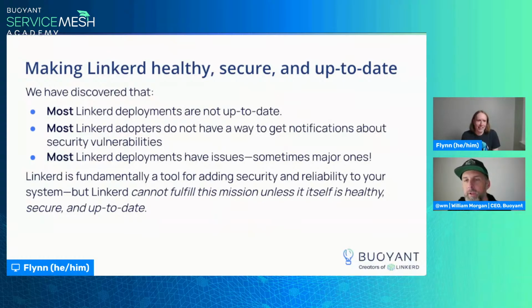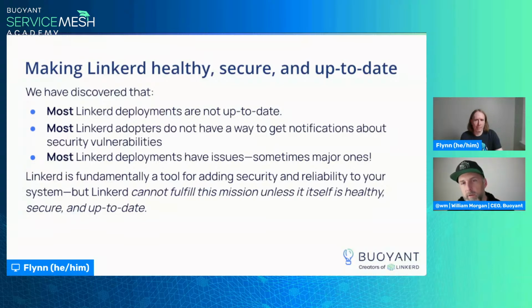There's no way, if we find a CVE or someone else finds a CVE, even if it's in some underlying library, we can tweet about it, we can make a blog post, but a lot of people just aren't like that. They don't have a mechanism. And I think that's a real problem, because the whole point of Linkerd is we're trying to make this thing secure and reliable, trying to give you the tools to make your system secure and reliable. So I can sit here and yell at you and say, please subscribe to this mailing list or whatever, but I think that only goes so far.